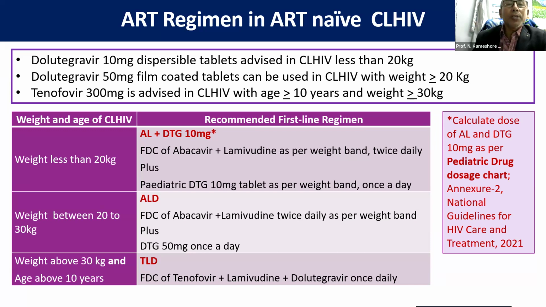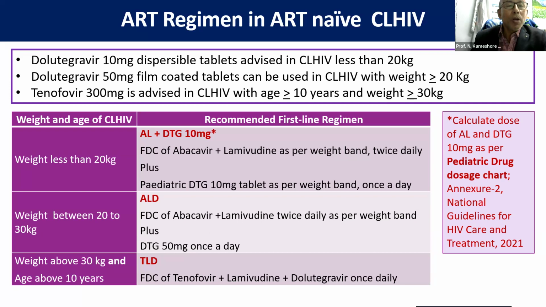30 kg. So let us see what is the recommended first line regimen. For weight less than 20 kg, ABC/3TC (AL) and dolutegravir. This is the fixed drug combination of abacavir, lamivudine as per the weight band, which is given twice daily, and the pediatric DTG 10 milligram tablet per weight band, which is given once a day. And for children between 20 to 30 kg, we give ALD, which is fixed drug combination of abacavir and lamivudine, which is given twice daily as per the weight band of the child, plus dolutegravir 50 milligram film coated